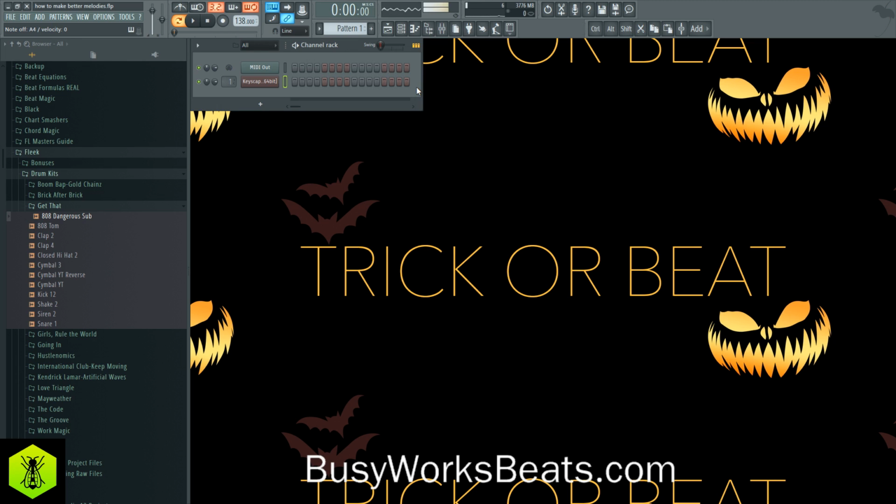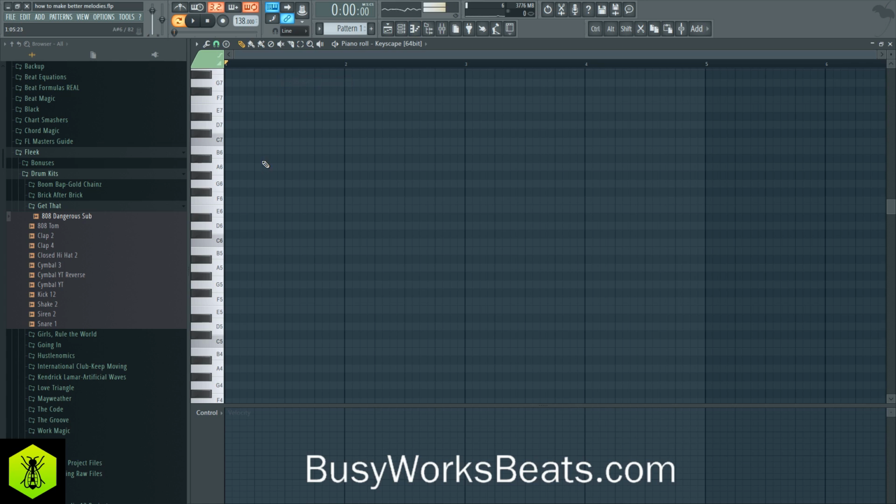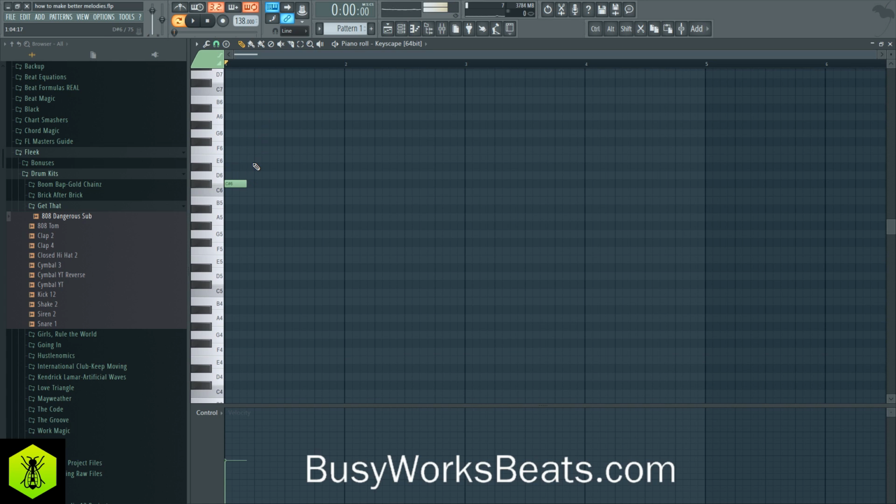Second is you need to think before you write. As producers who have access to just clicking in notes, we kind of get in the habit of just clicking stuff in without really thinking about what we're doing. So we're just clicking stuff in. Now that sounds cool, but in your head, what was the beat that was going on in your head? It was like, now